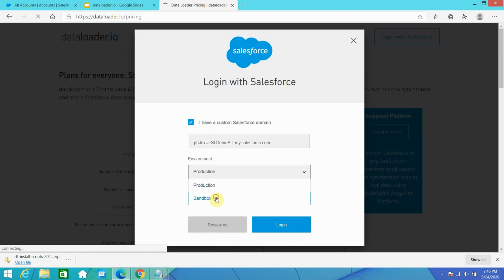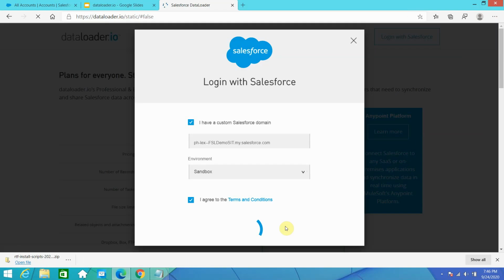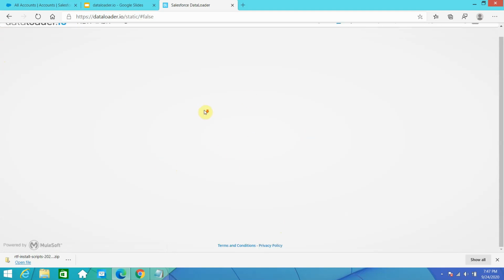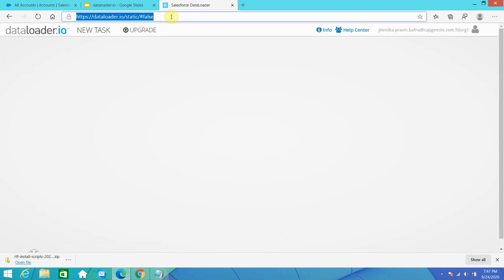So I can say sandbox login. It will authorize, and I am logging into DataLoader.io. This is how the home page looks. It's still not loaded completely, so let's wait.